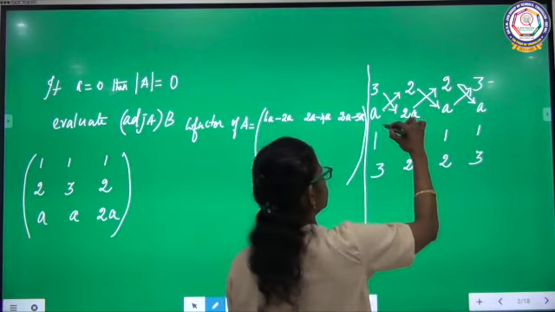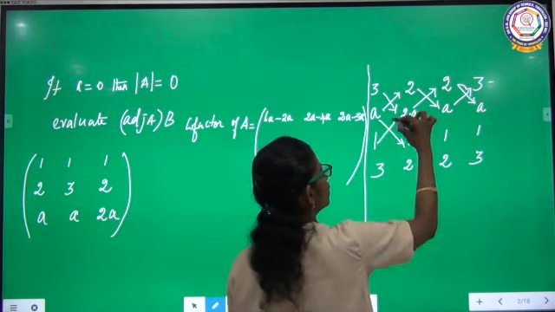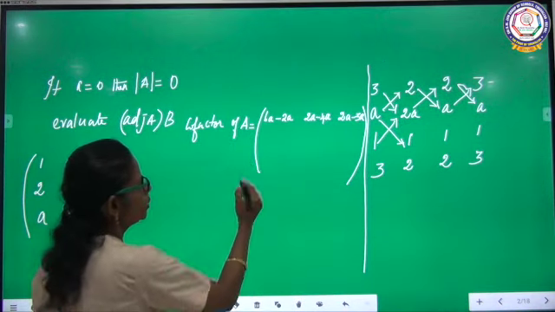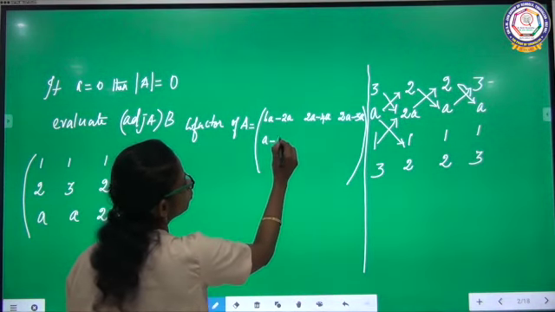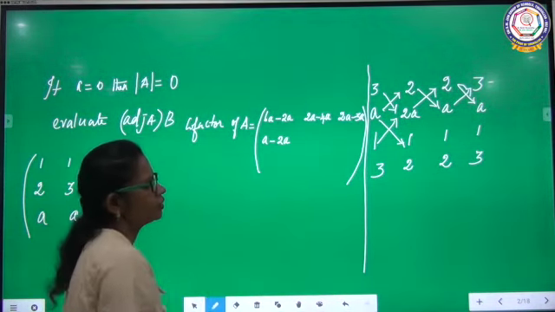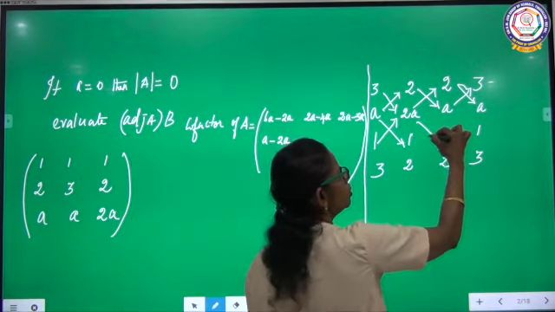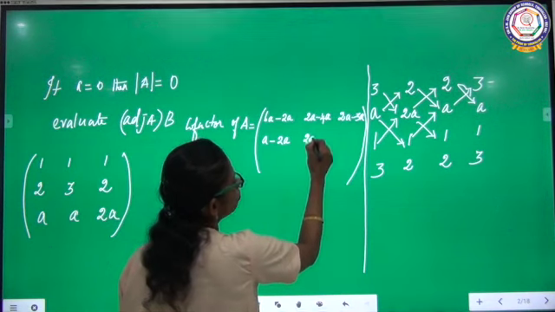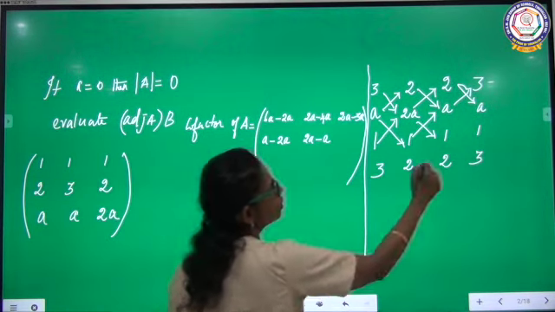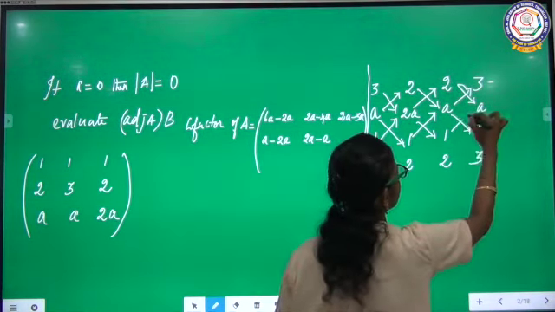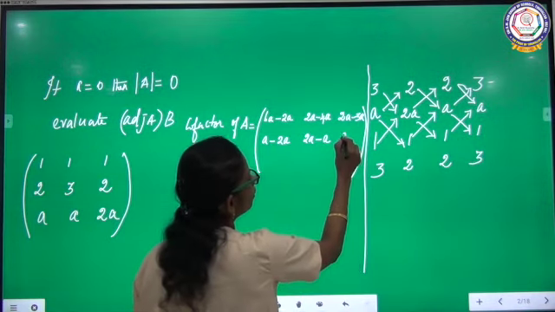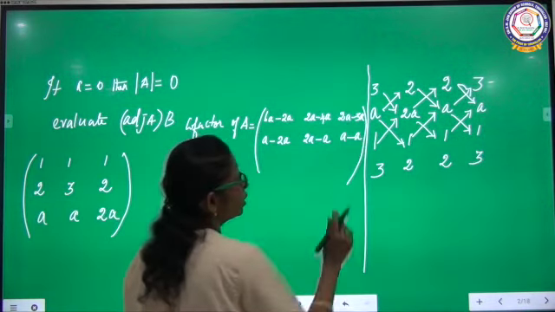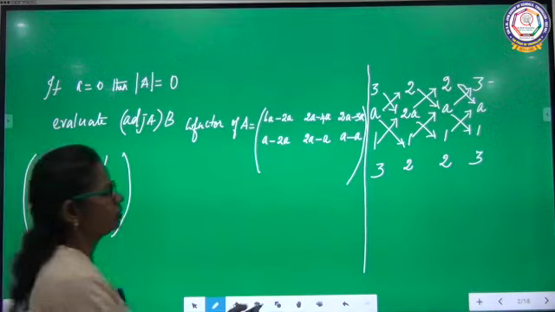The previous exercise we discussed a lot, right? A minus 2A. The same way. 2A minus A, minus A minus A, then